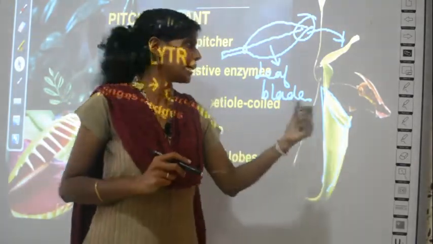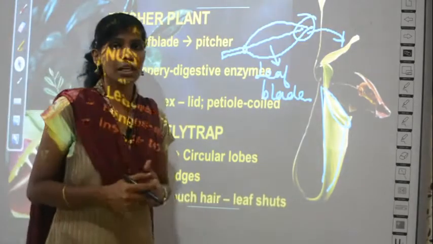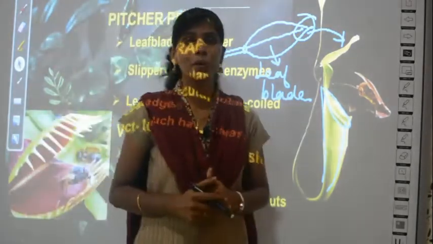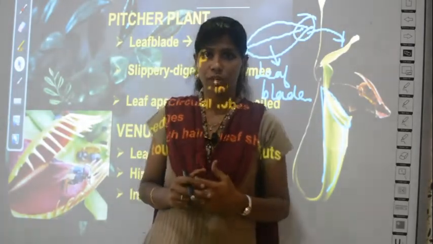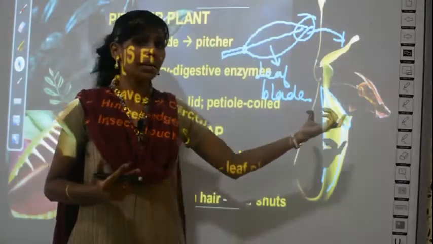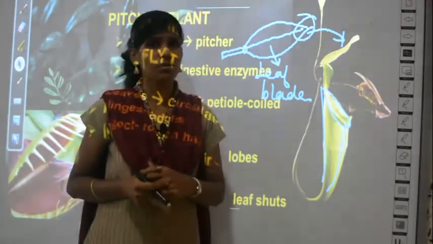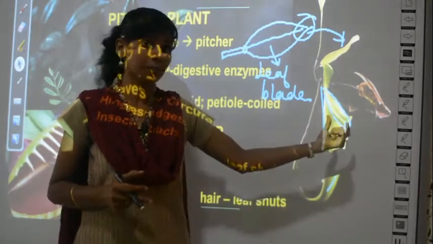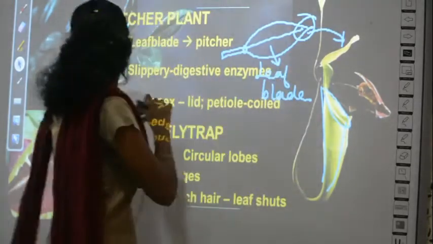I told you the examples for pitcher plant and Venus flytrap. In both the cases, these plants will grow in the soil where there is no nitrogen. Okay, in those soils there will be no nitrogen at all. So that's why it is trying to take the nitrogen from who? From the insects, from any insects which comes and sits. It will close the lid and put the insect inside.